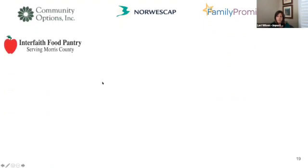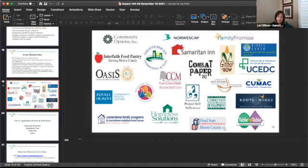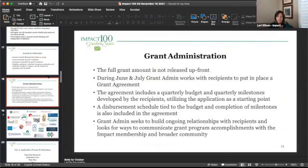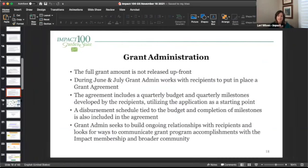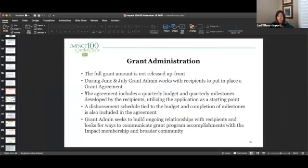And we always advise our recipients that the first place you should look when you are starting to put together your milestones and your budget is your own application, because in your application, as you work through that, you're going to see opportunities to identify what are your milestones? What are the things that have to happen in order for you to show us that you are in fact moving through your grant period, that your program is making progress, and that you're leading to, which we are confident will be